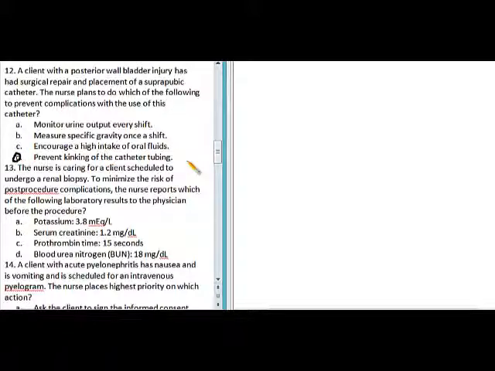This is to prevent buildup of urine, because this buildup of urine has the possibility to put tension on the suture. So remember that there is a catheter in place and there is suture around it so that the catheter cannot be removed. So to prevent tension in the suture, you must prevent buildup of urine. Next,